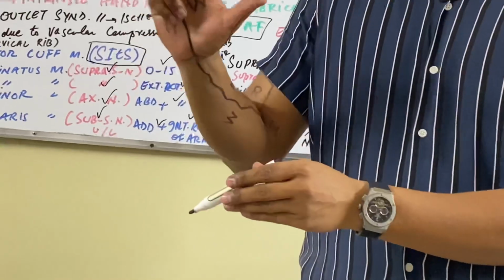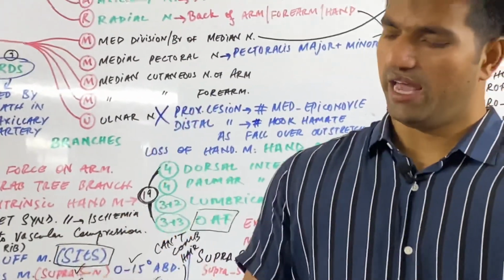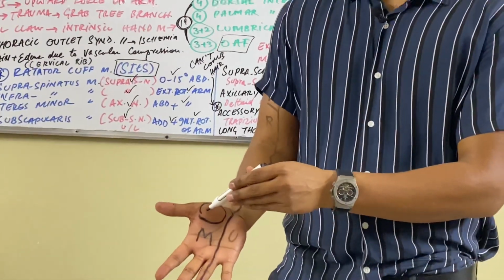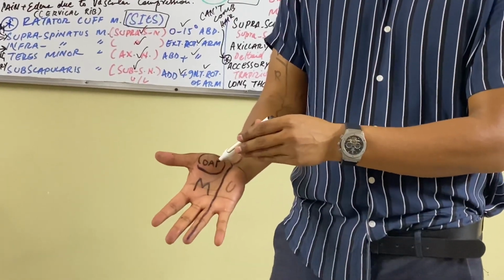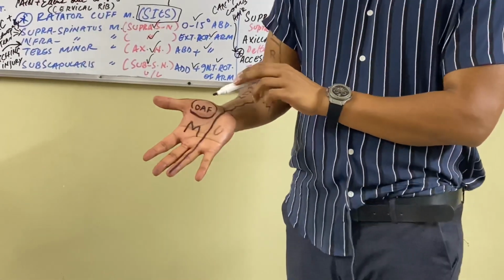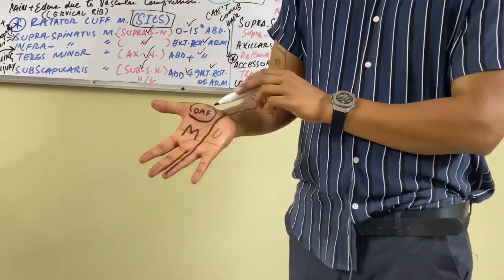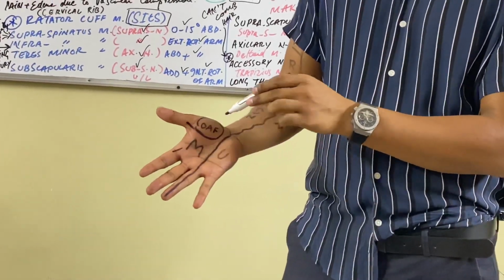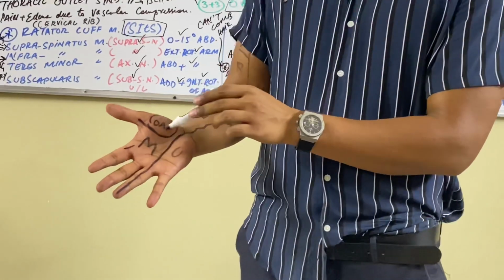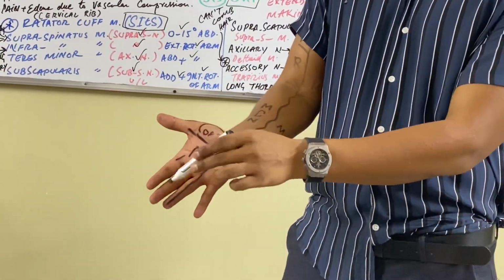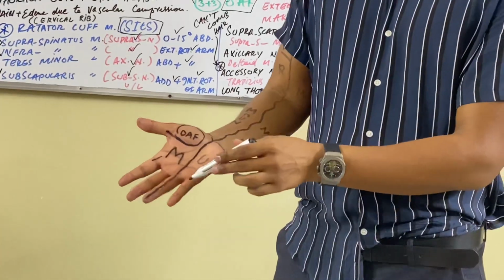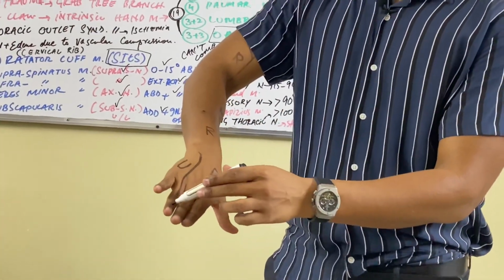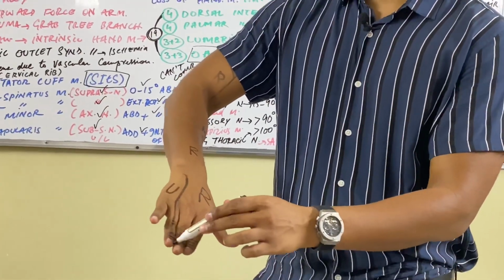It is called Pope's sign or Benedict sign, and it supplies these thenar muscles. This is the thenar eminence made by three muscles: O, A, and F. O means opponens pollicis, A for abductor pollicis brevis, F for flexor pollicis brevis, plus two lumbricalis muscles. So 1, 2, 3, 4, 5. Five muscles of the hand are innervated by the median nerve, and sensation from lateral 3.5 fingers. Then we have the ulnar nerve. See, look at here. Median nerve gets sensation not only from here, plus from the nail beds also. From here also, median nerve.